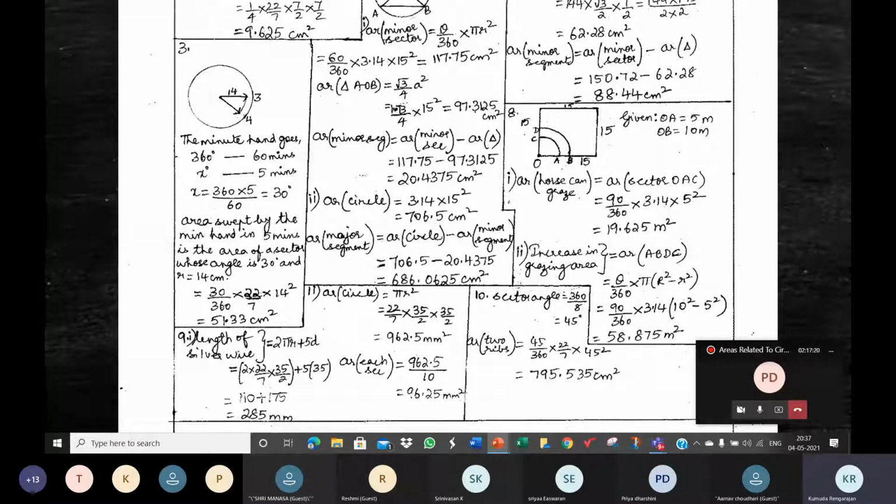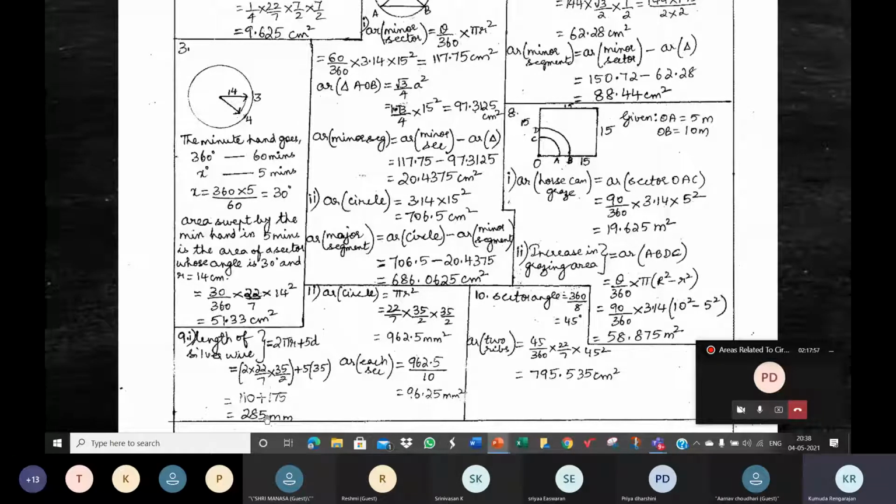That is the perimeter of the circle, 2 pi r. You can see it here, 2 pi r plus 5d, meaning the diameter taken 5 times. And since the diameter is given, the radius is 35 by 2. The diameter by 2, 35 by 2, is the radius. And you all know how to calculate. So this is the total length of the wire. It's all given in the question. Where is the wire used? In the circumference. Where else? 5 diameters. So add both and get the total length of the silver wire.